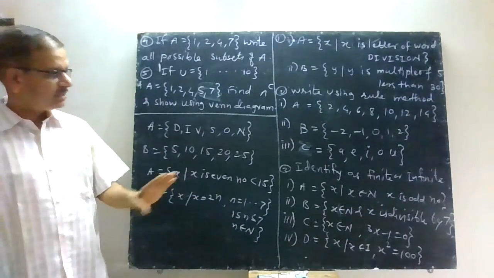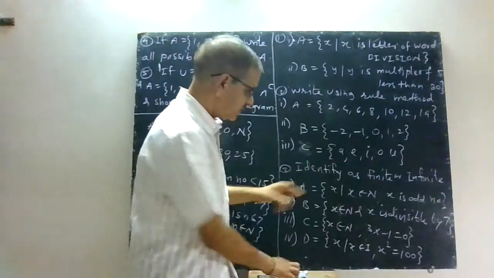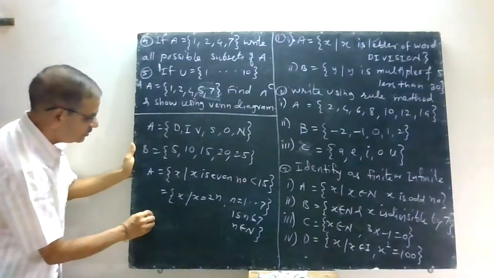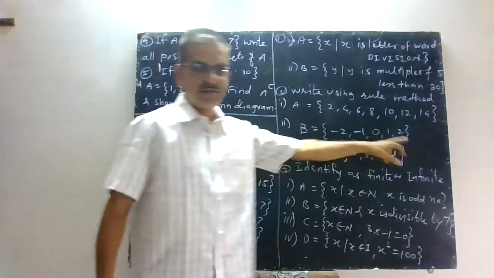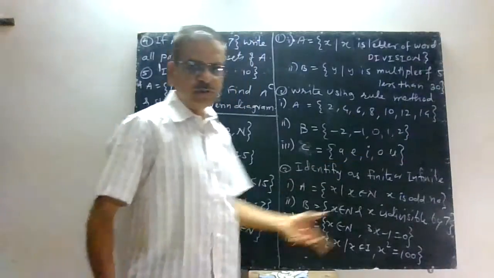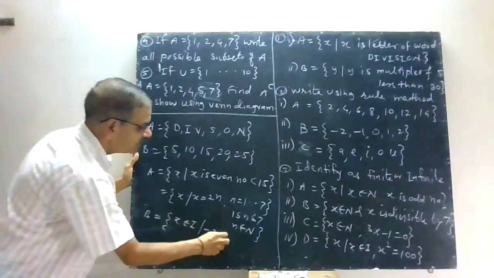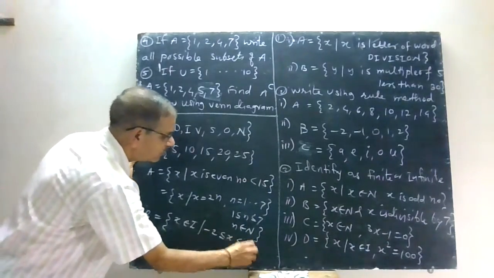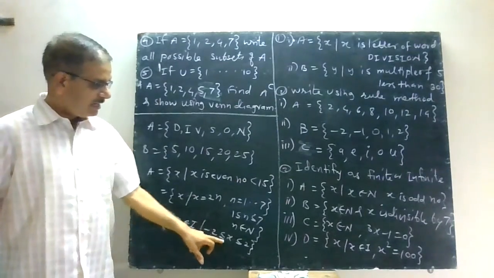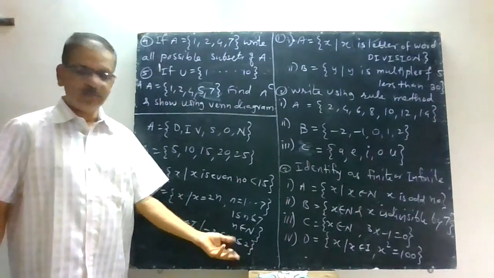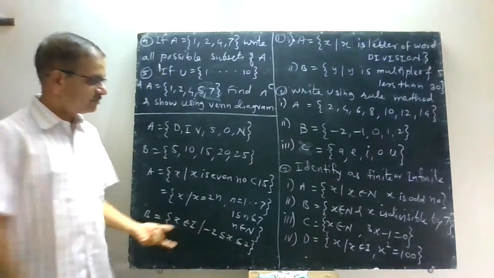See, everything is right. Now see this set B. It is -2, -1, 0, 1, and 2. Now the set B, all these are integers which are from -2 to 2. So simply you can write down X belongs to I such that -2 less than or equal to X less than or equal to 2. Sometimes anybody can write integers -3 less than X less than 3. That is also possible. So it contains all elements from -2 to 2, that means all integers from -2 to 2.